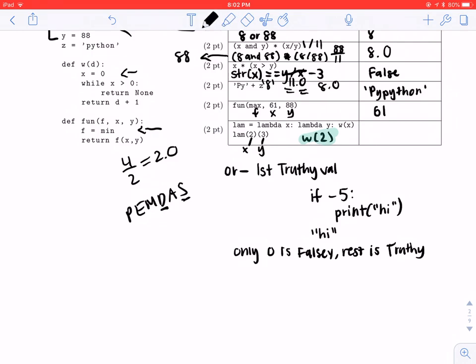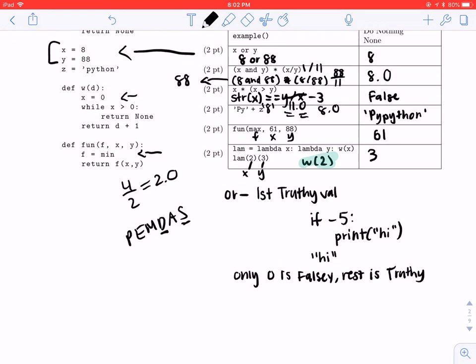Okay, so that means altogether this is just 3. And that's it for this